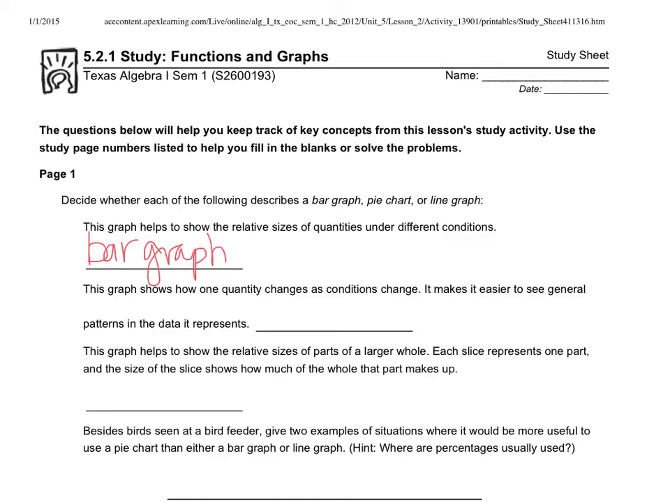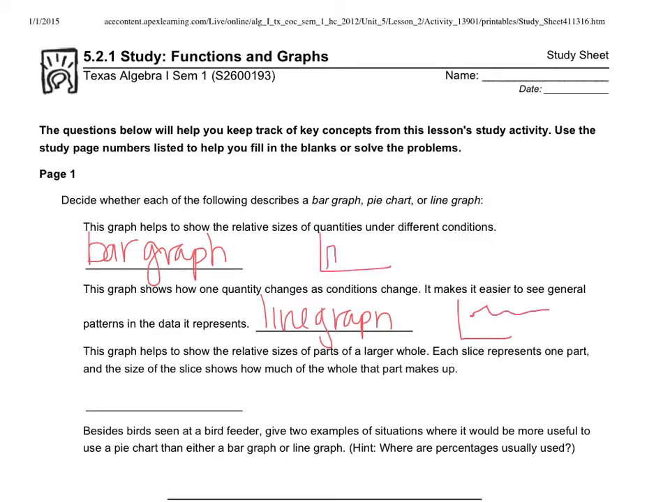This is where we're showing like how many people were wearing different colored t-shirts. That would be a good example to use for a bar graph. So this says this graph shows how one quantity changes as conditions change. It makes it easier to see general patterns in the data. That would be a line graph. So a line graph is going to look like this, where we can see if things are increasing or decreasing,